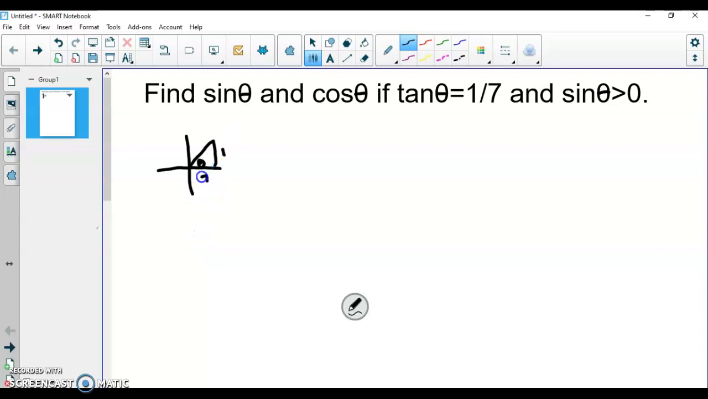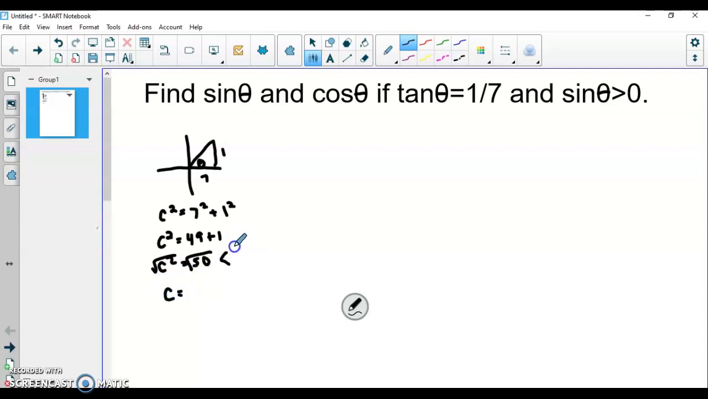What we would be working to do then is find the hypotenuse so that we can then find sine and cosine. So to find the hypotenuse, we just use the Pythagorean theorem and say I want to know what c squared is when a squared is 7 squared and b squared is 1 squared. That would give me c squared is equal to 49 plus 1, and therefore c squared would be equal to 50. I take the square root of that, and c would be equal to the square root of 50,